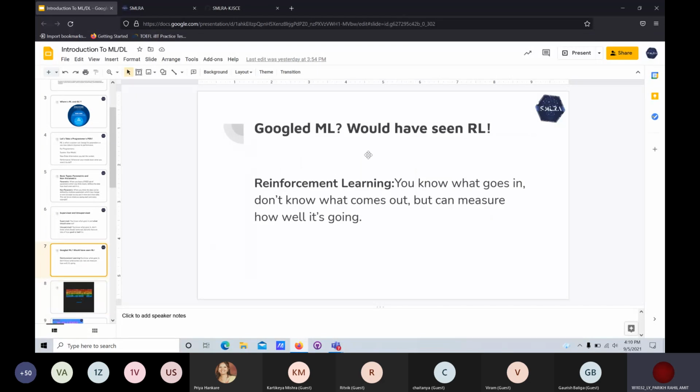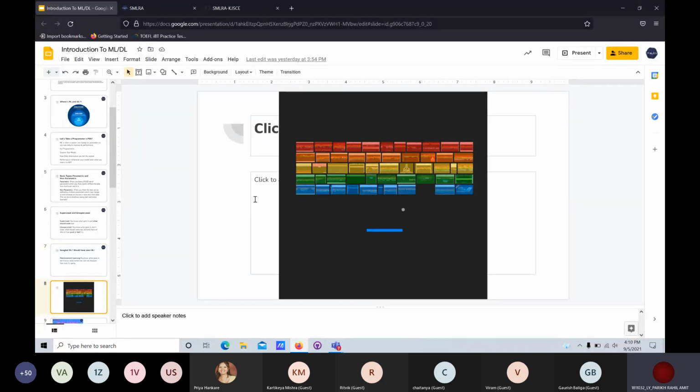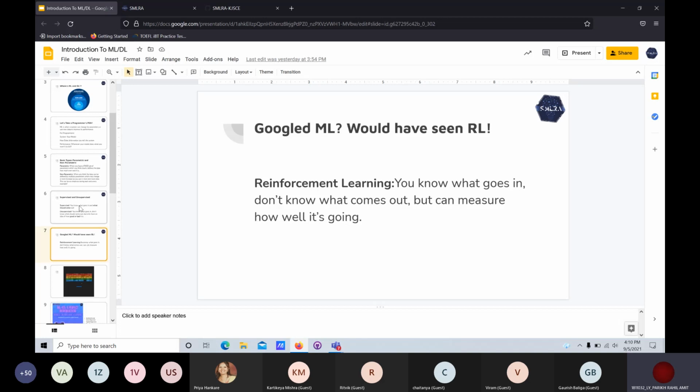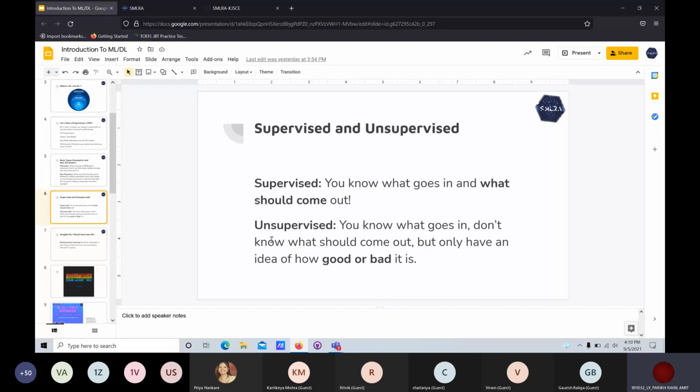And we all must have heard about reinforcement learning, which is a deeper topic, more difficult than supervised learning. In reinforcement learning, there are games which are played by the machine itself, and it learns over time how to play the game. So today we won't be covering reinforcement learning, but we'll be covering types of supervised and unsupervised learning. As we know, linear regression and logistic regression come under supervised, and clustering can come under unsupervised.